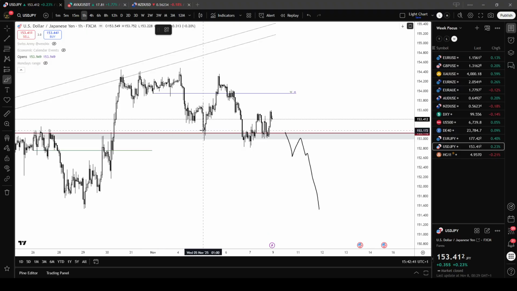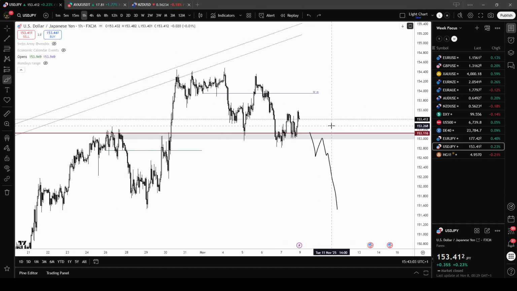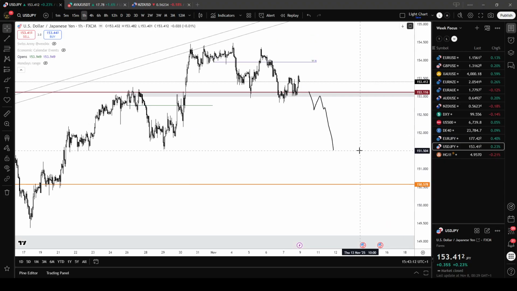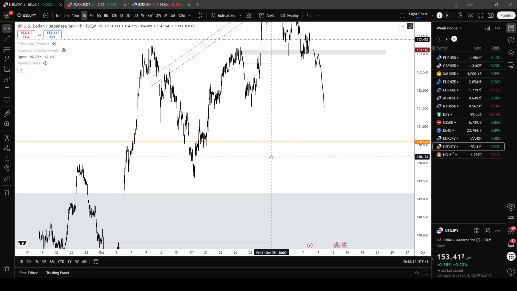Because then you've had this zone act as support, and right here is very messy and very choppy. How long is this going to hold? Especially if next week we see EURUSD go up 150 pips or something like that, and gold. I think this could come lower. I'm not saying it should fill the gap, because the gap is quite far,